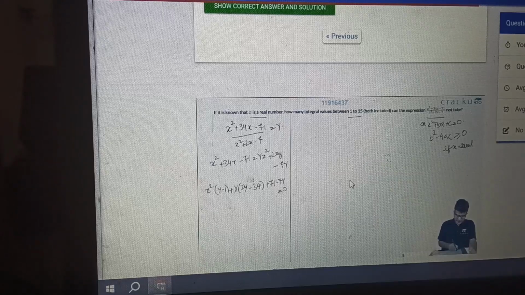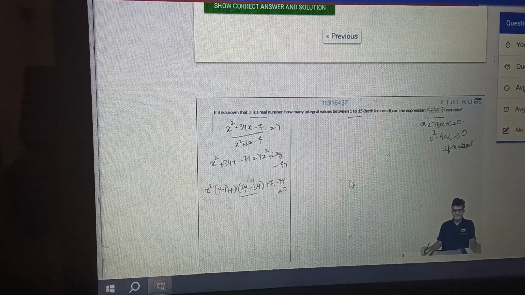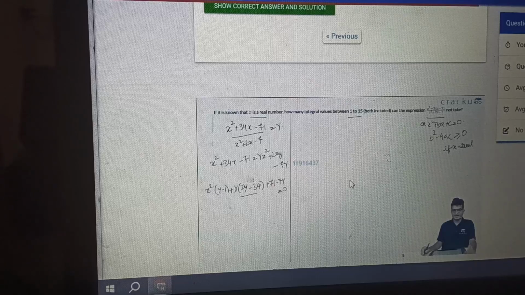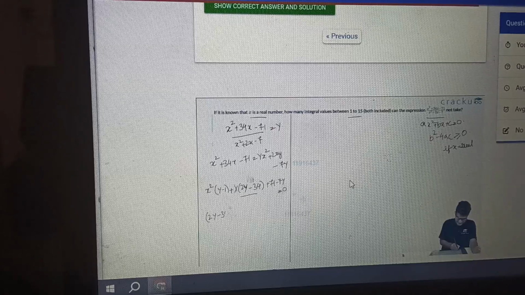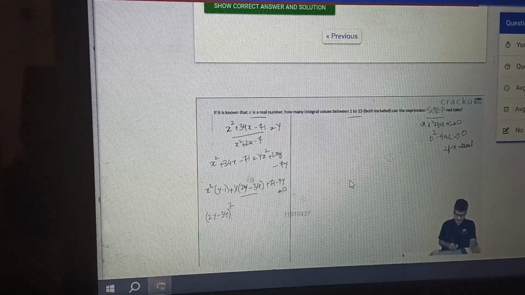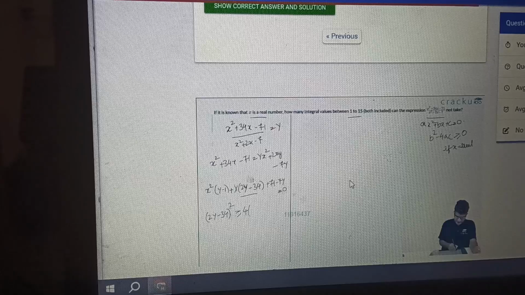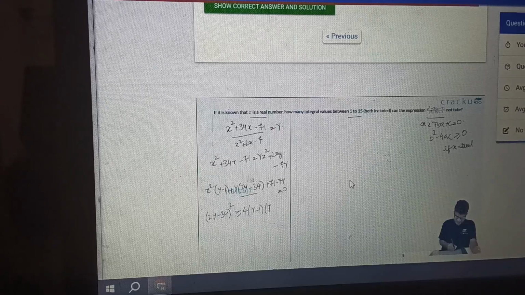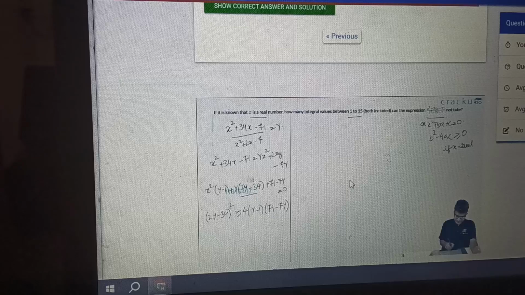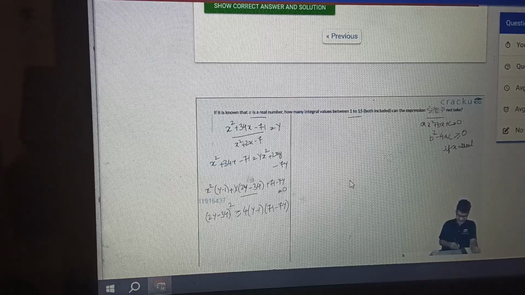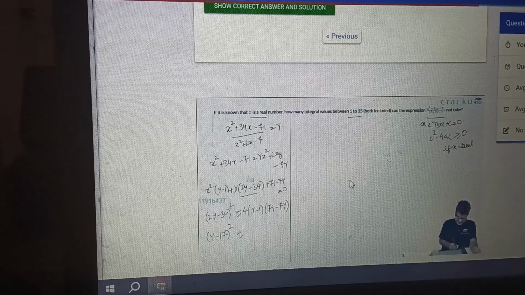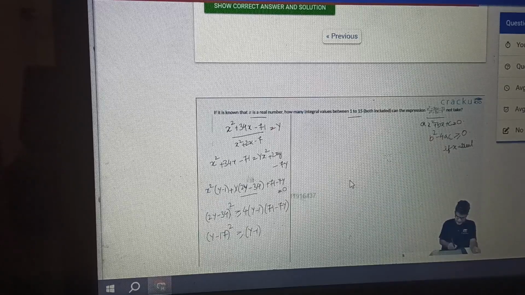So now we know that the b square minus 4ac, that is the discriminant of this given quadratic equation, has to be greater than or equal to 0. So this would imply that (2y minus 34) whole square should be greater than or equal to 4 times (y minus 1) into (71 minus 7y). 2y minus 34 is 2 times (y minus 17), so its square is 4 times (y minus 17) whole square. So we can cancel 4 on left hand side and right hand side. So this becomes (y minus 17) whole square is greater than or equal to (y minus 1) into